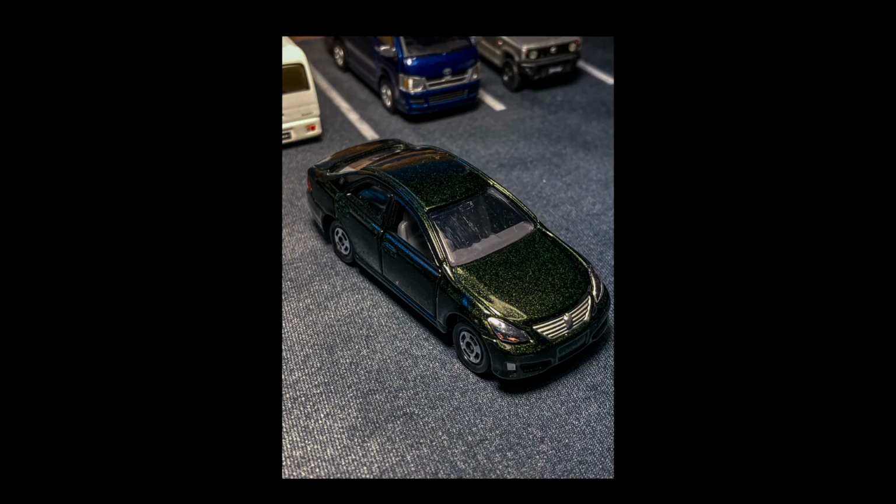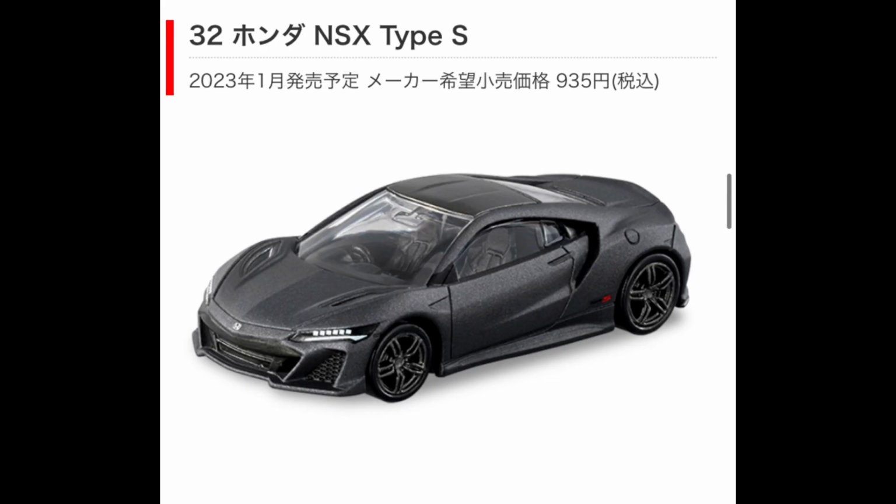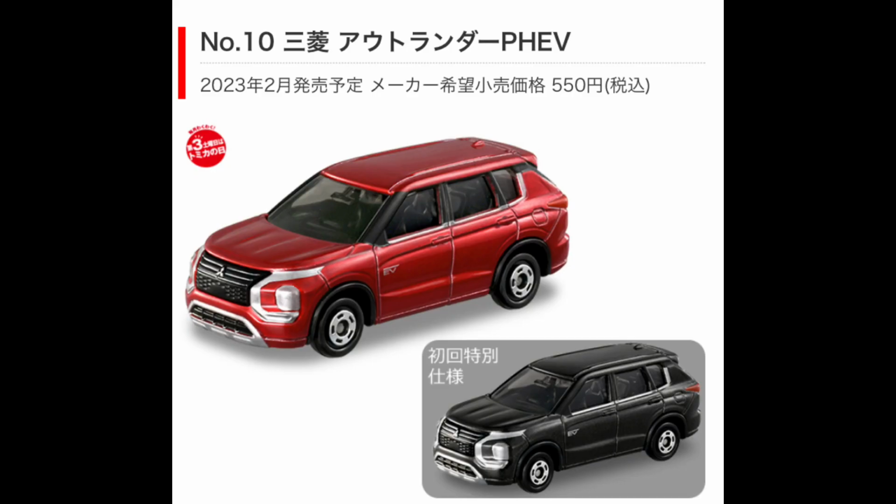For regular Tomica Premium, we have the Ferrari F50 and the NSX Type S. So that is January, a lot there. There's a couple of store exclusives, but I'm not going to go too far into them because they're not reasonably obtainable. For basic series in February, we have the Mitsubishi Outlander PHEV, which is a surprising model